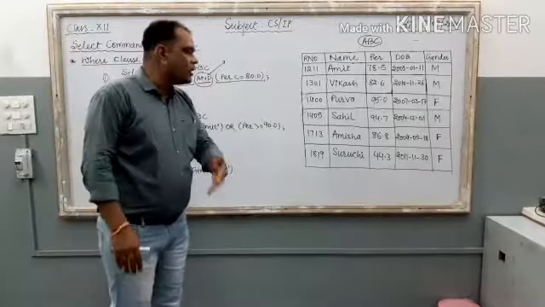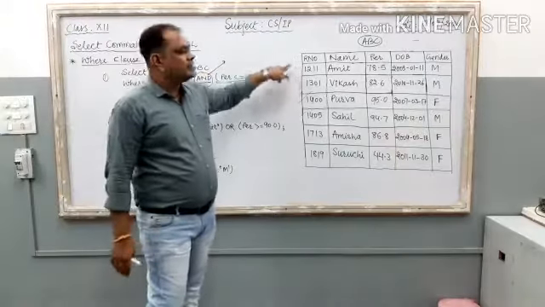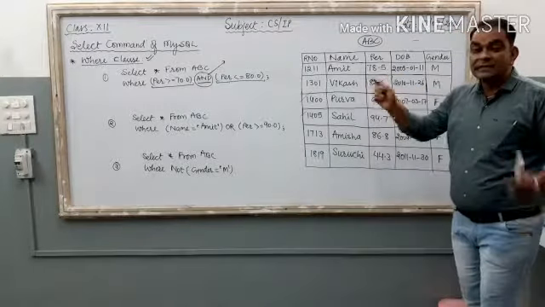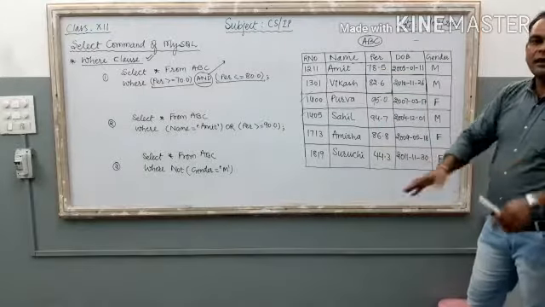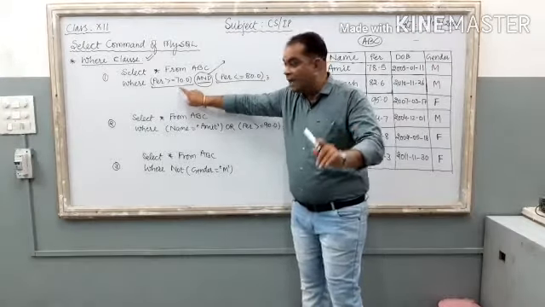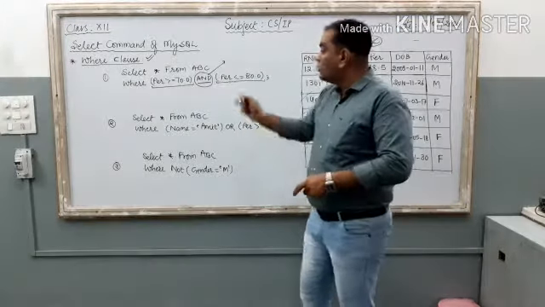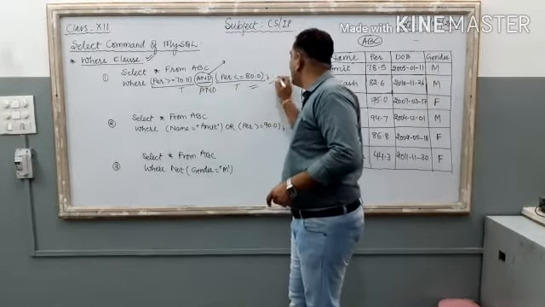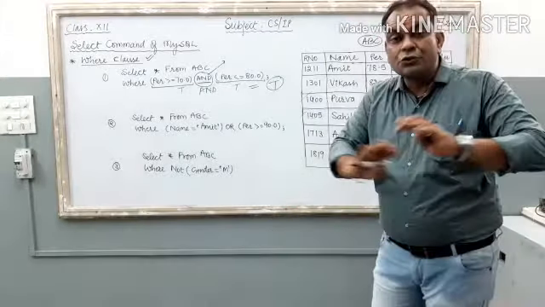Now how many records are you going to filter from this table? Just find it out. First record, is it selected? Yes, it is selected because the percentage 78.5 is in the range of 70 and 80. Clear? So the first is filtered. Second, not filtered. Just see the percentage 82.6, which means the first condition is true, it is more than 70. But in the second condition, less than 80, it is false. And if you use AND, if both the conditions are true, then and only then you get the result true, otherwise not. If any one condition becomes false, AND does not show that result.